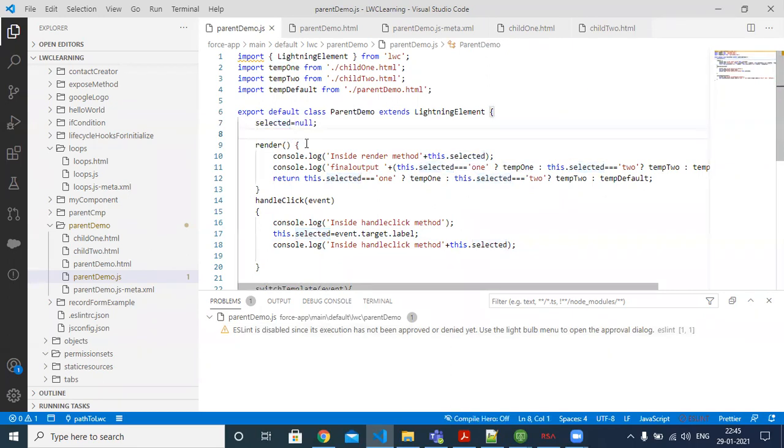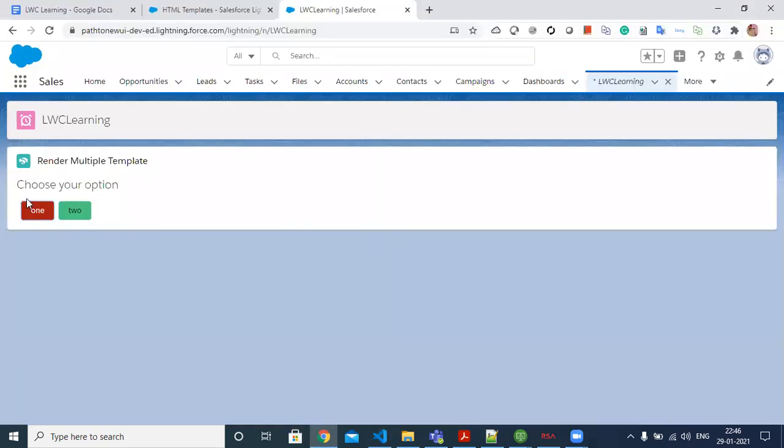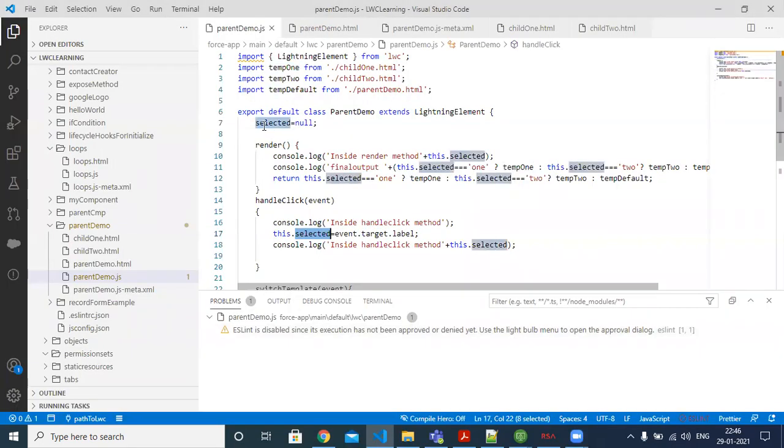Automatically, or implicitly, what happens is, for a variable utilized inside the render method, if there are any changes to this particular variable, this render method will be invoked implicitly, right? Handle click is going to change the value of this class level variable if I click any button here, because initially it is null.